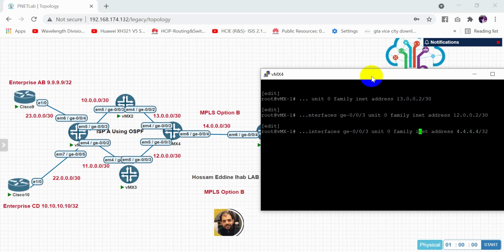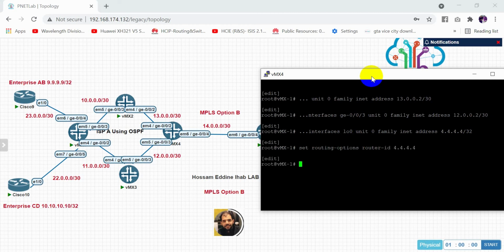Okay, and change the name loopback to loopback 0. And before set protocol, routing option, router ID is